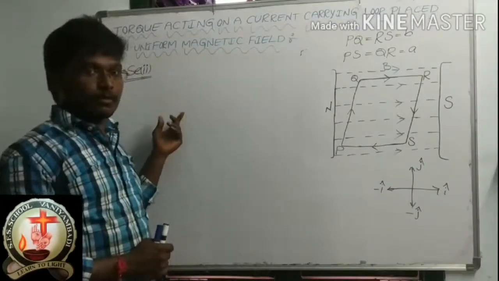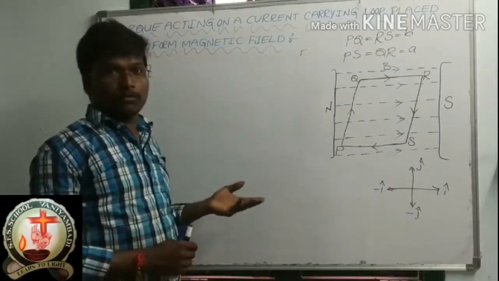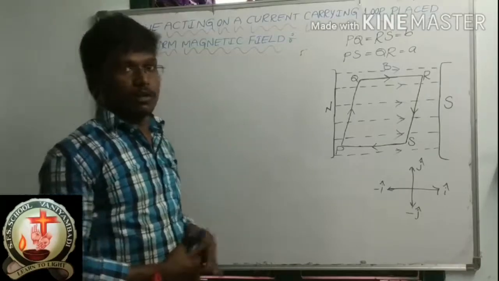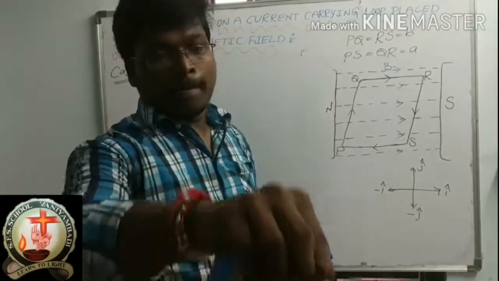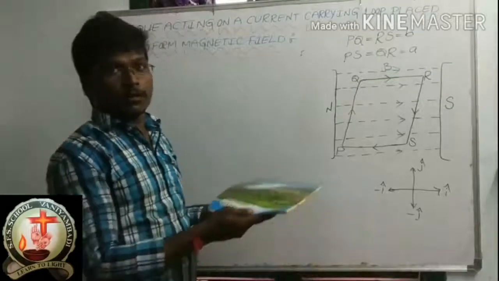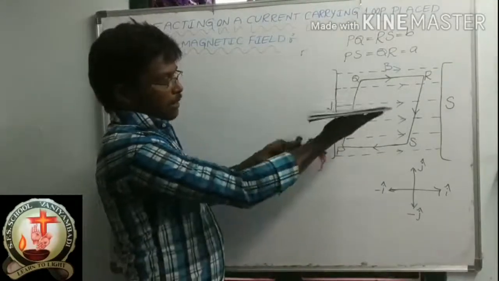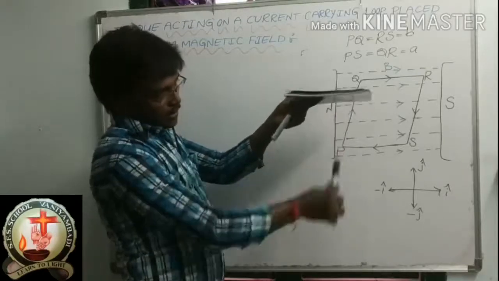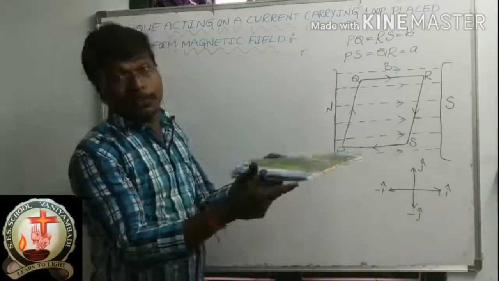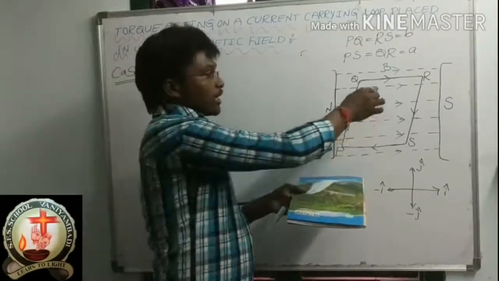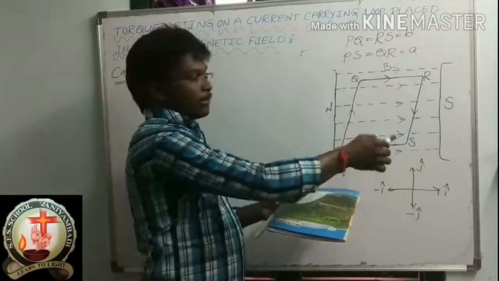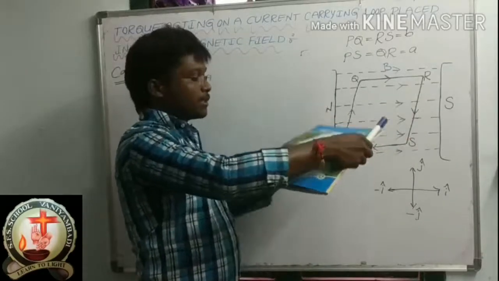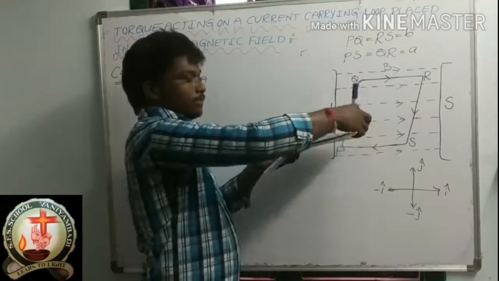Case 2. In the first case we already found the torque value. Here also we have to find torque. So what is the case actually, we should discuss now. Case 1 is what? This loop is placed like this, and the direction of area is in this direction. Okay. Then case 2 is, suppose, I already told you the force acting here and the force acting here is 0. Then the force acting here is in the upward direction, and the force acting in this part is in the downward direction. Correct.